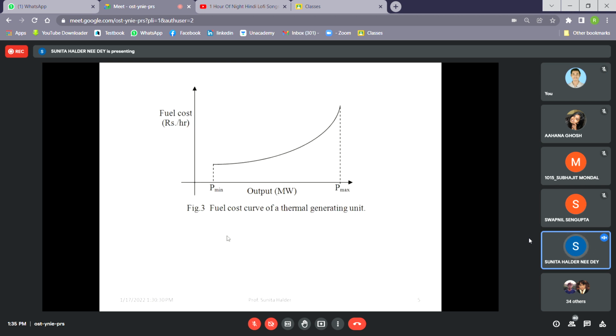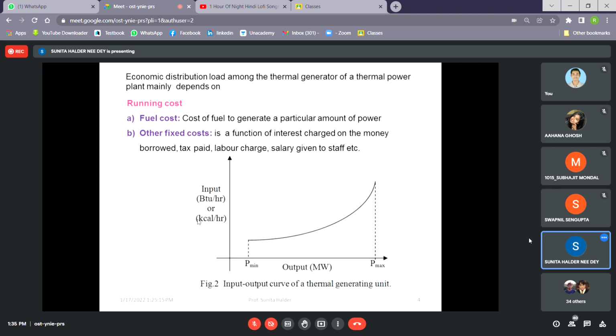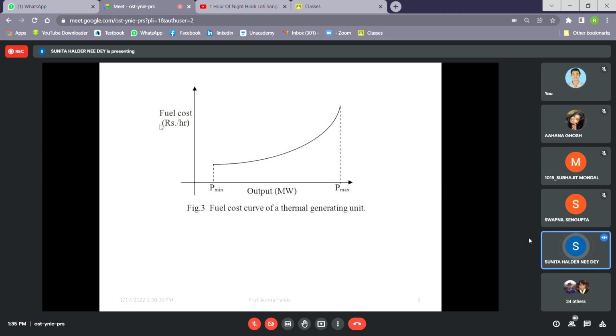Similarly, the input power of a turbine we can convert into fuel cost, because input power of the turbine depends on the fuel. We know how many kg of coal is required to generate a particular megawatt. So we can convert it to fuel cost by multiplying by the cost of coal per kg. This curve will also be like a parabola, and will have one minimum and maximum limit, because for a generator there is a minimum limit of generation and maximum limit of generation.